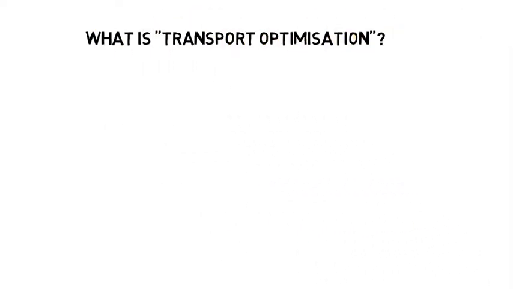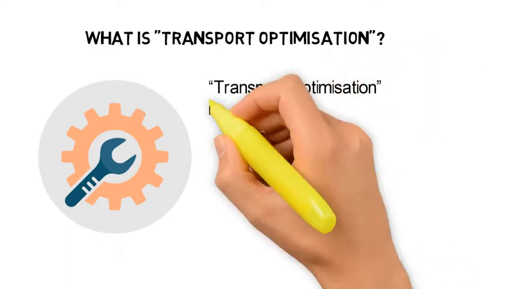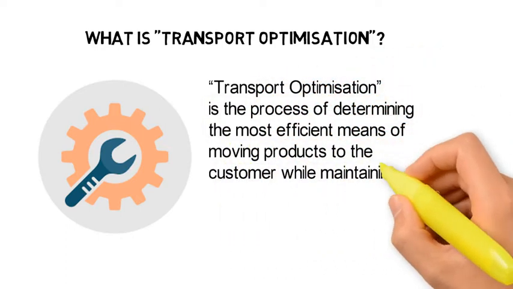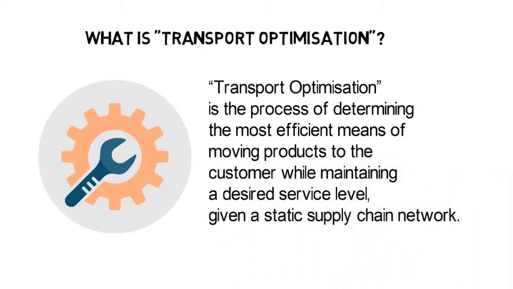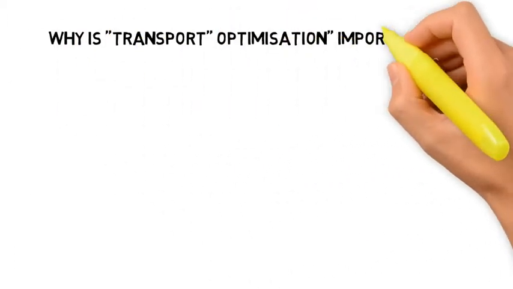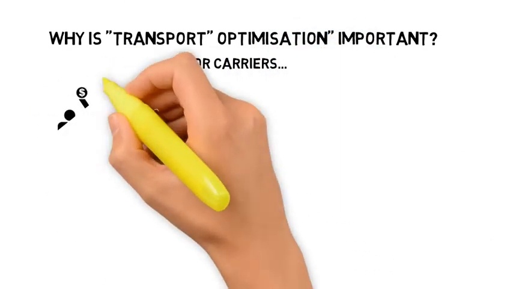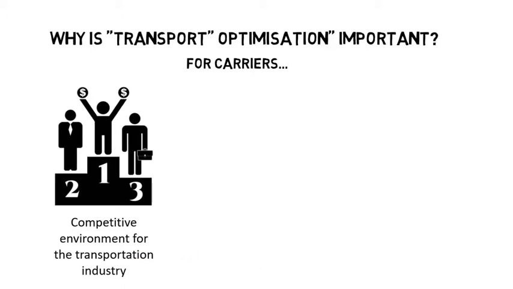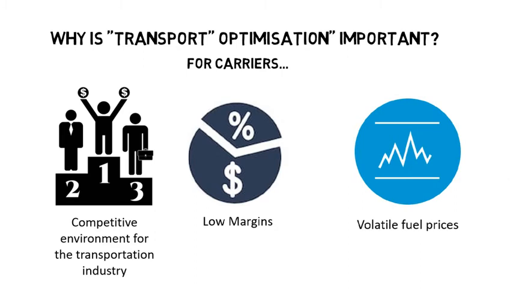Transport optimization is the process of determining the most efficient means of moving products to the customer while maintaining a desired service level given a static supply chain network. The customer can be an internal component of the company or the traditional external customer. From the carrier's perspective, transport optimization helps them to stay competitive by providing better solutions to their customers. In view of the increasingly low margins and constantly volatile fuel prices, it also makes sense to keep their transport